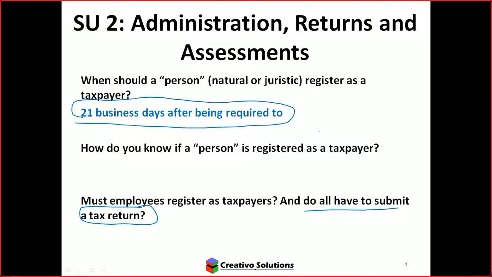Right, so the short answer to that question is, well, everyone should register as a taxpayer. Right, the main consideration is, well, when do you have to register? The textbook in terms of theory refers to 21 days, meaning as soon as you've been, let's say, brought into the tax net as a taxpayer, you would have to comply with that actual